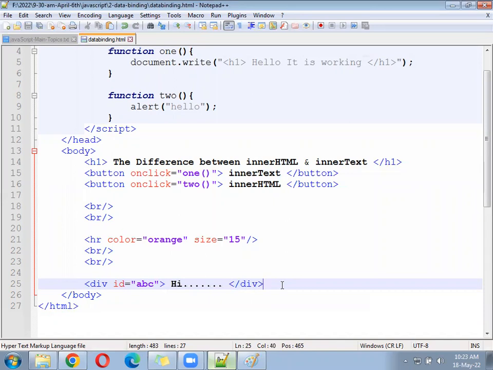Your current page becomes a document. Inside the current page, whichever tags we have written, all the tags are called elements. In the term of HTML, it's called a tag. In the term of JavaScript, it's called an element. In the term of CSS, it's called a selector. Okay. Now,